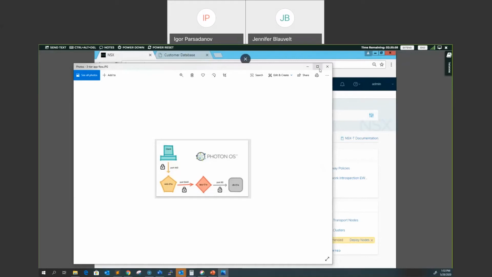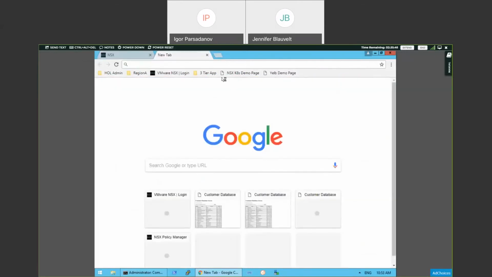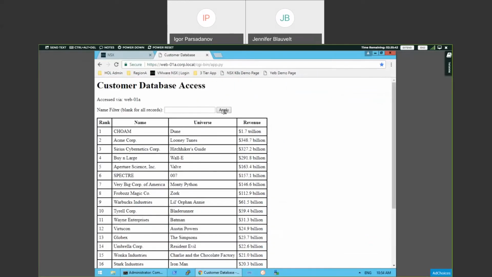So at the beginning of the environment, NSX is installed. You have your virtual machines, you have your application running, and we can actually see, right? We can open up a new browser window, go over to the 3-tier app, choose Web 01, and we can see that the customer database is loading up, getting some results back.